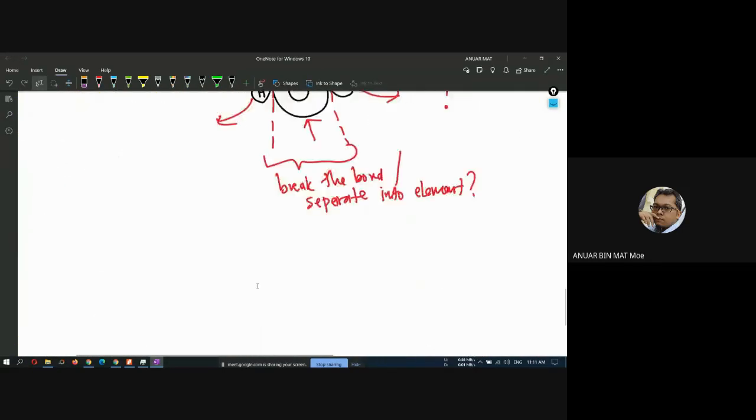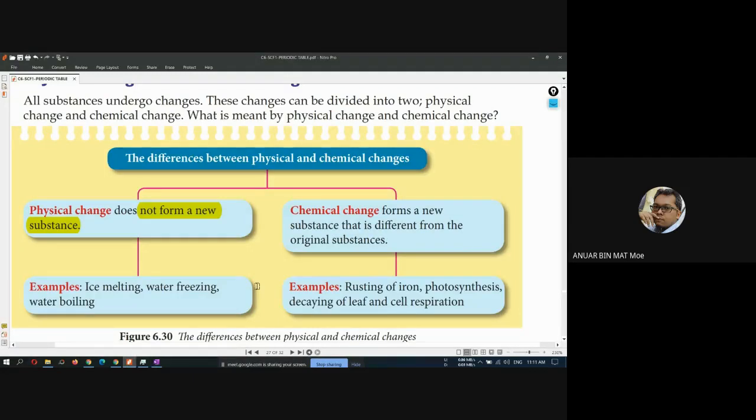Okay. It will not form a new substance, yeah? When you put salt or sugar inside the water and then mix it up, it will not produce a new substance. It's still called sugar, right? When you put sugar inside the water, it just becomes a sugar solution. That's all. It will not form a new substance. When you put water and sugar, it is called sugar solution. It will not be called salt or another substance. This is what we call a physical change.